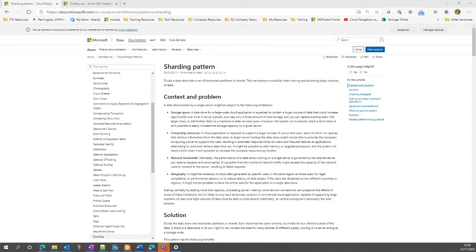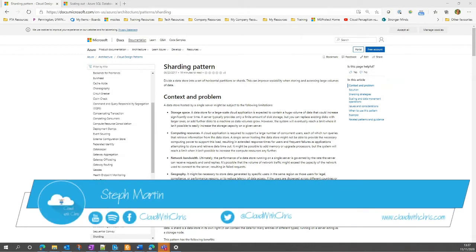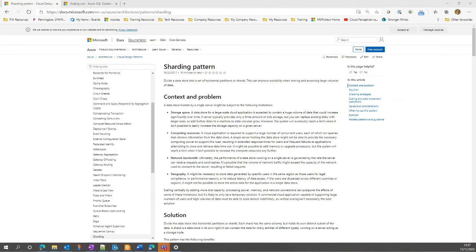And more importantly, they're only going to want to query that. They're not going to want to query other customers' data. So if you're in that situation, then some kind of a lookup on a customer ID is really important. Now, what that does mean is you're probably going to need to put that customer ID on all of your tables so that any query that you run knows exactly which shard to go to.